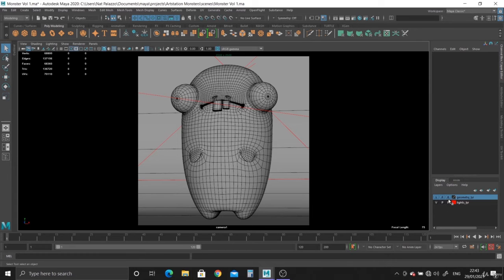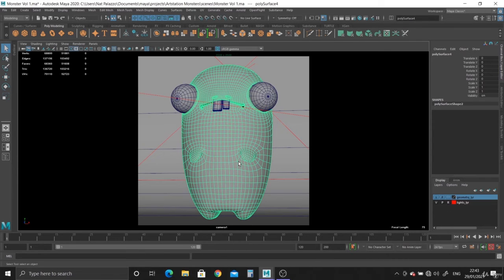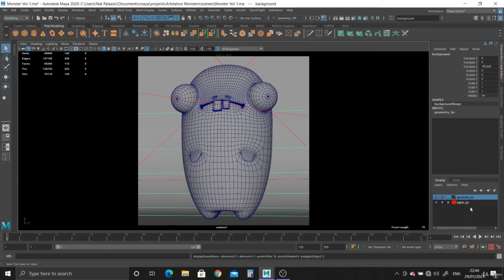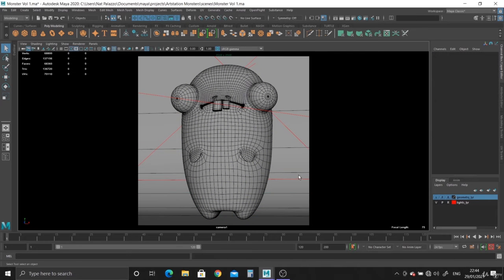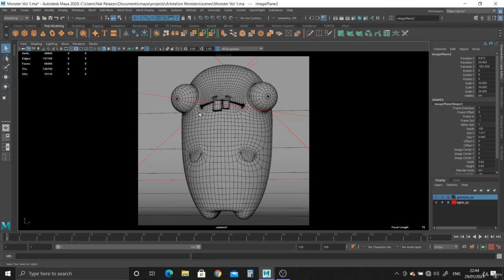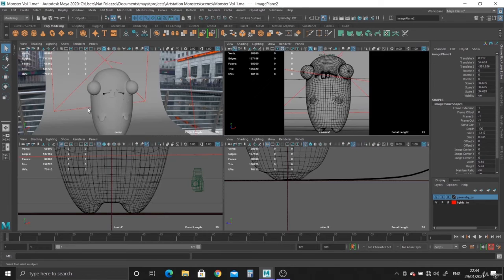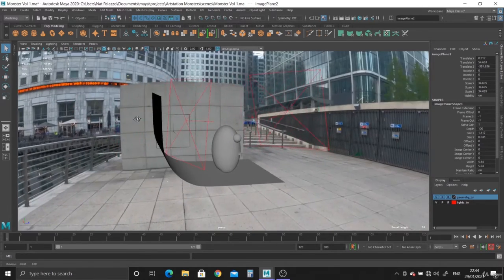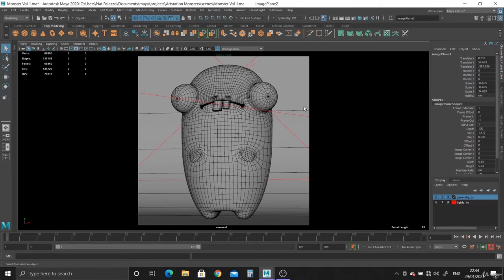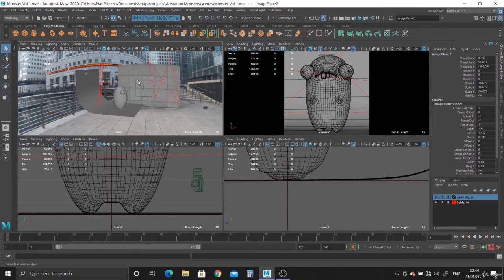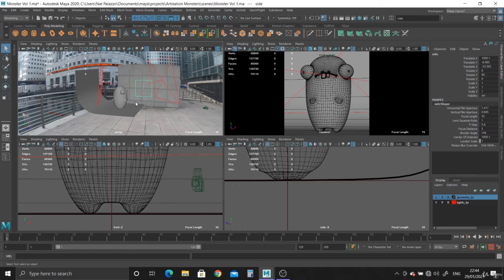And I just want to double check one last thing and make sure everything is high res. So I've selected the whole group, hit 3 just to make sure it's high res, and the background, so everything is high res. It is. There we go. So now everything's on reference, so we can't accidentally select anything, which is cool. Only the image plane. Where is the image plane anyway? Why have I accidentally selected it? And that's because here, these image planes there. So we'll just ignore them. Right, okay, so